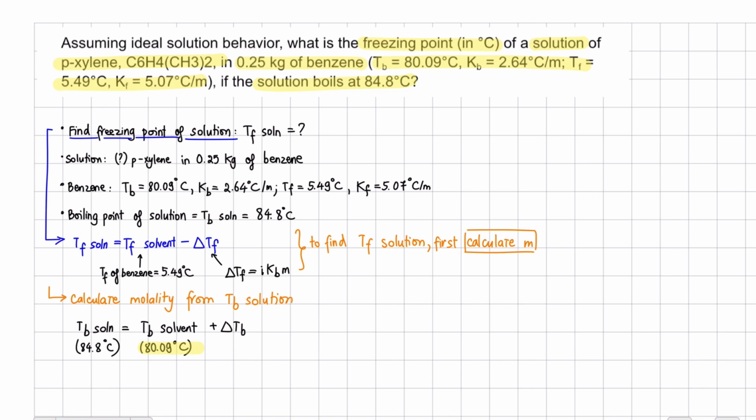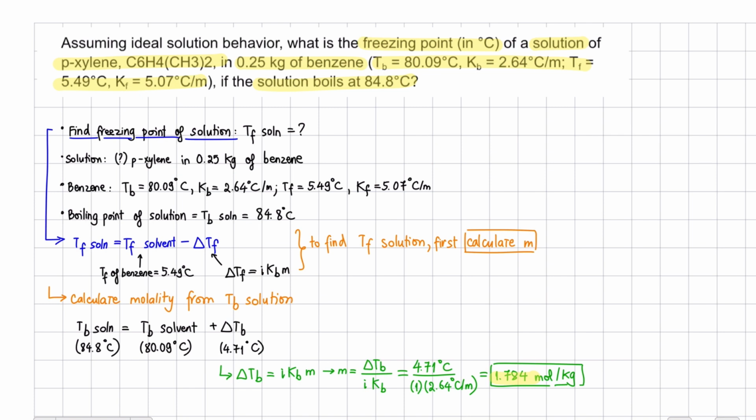From that, we can calculate delta Tb equals Tb solution minus Tb solvent. That's 84.8 minus 80.09, giving us 4.71 degrees Celsius. Now that we know delta Tb, let's look at the formula for delta Tb. Delta Tb is calculated by taking i times Kb times molality. If we rearrange this formula, molality equals delta Tb divided by i times Kb. Substituting numbers in, that's 4.71 divided by 1 times 2.64, and we get an answer of